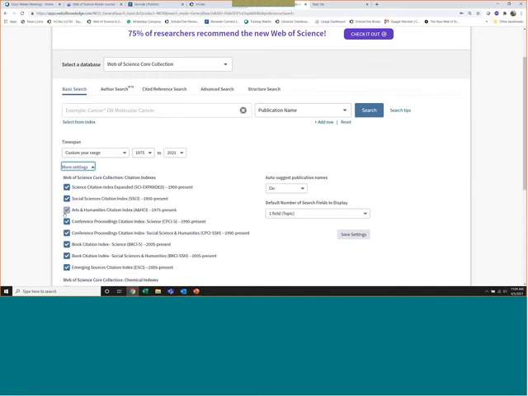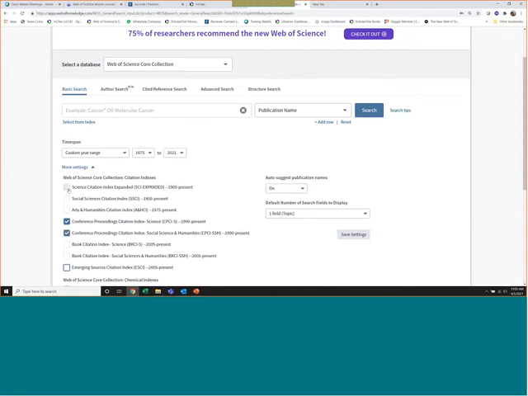Because there are some conference proceedings that are indexed within the journals itself, and that's why it may appear also here. But if you want to verify just conference proceedings, CPCI, just make sure that you unselect the others, and just search CPCI when you are verifying a particular conference proceeding.